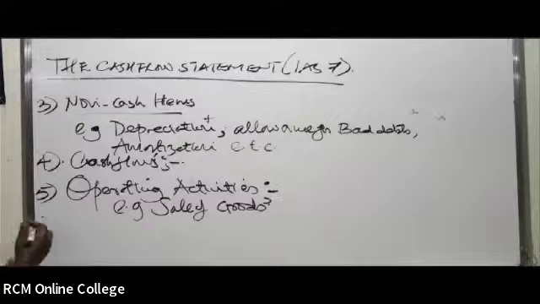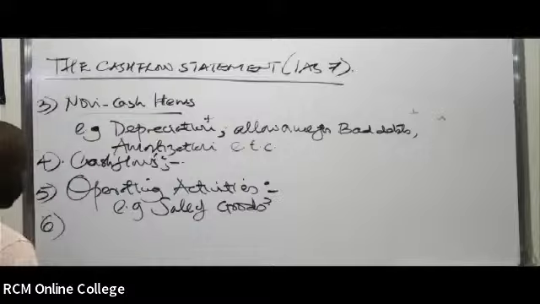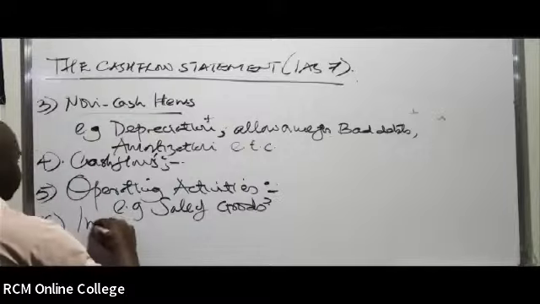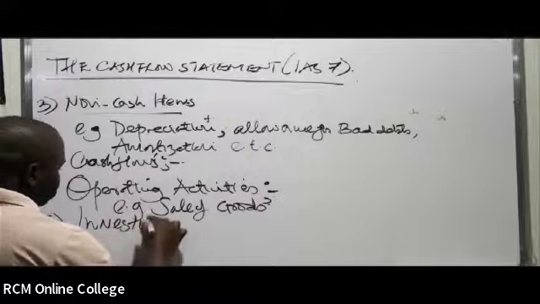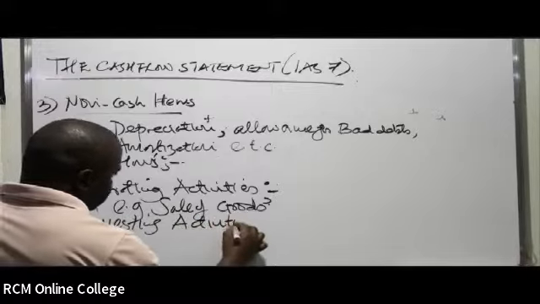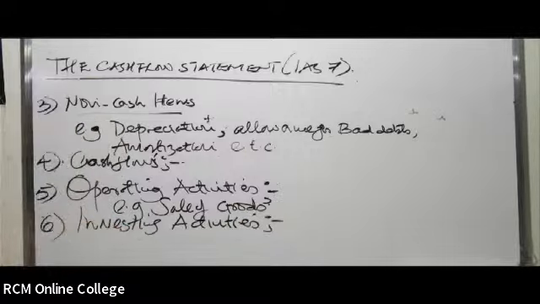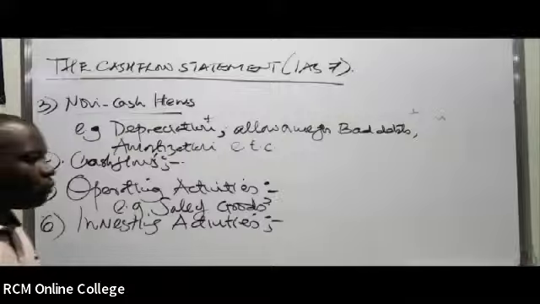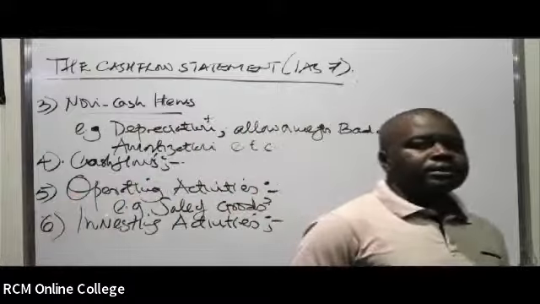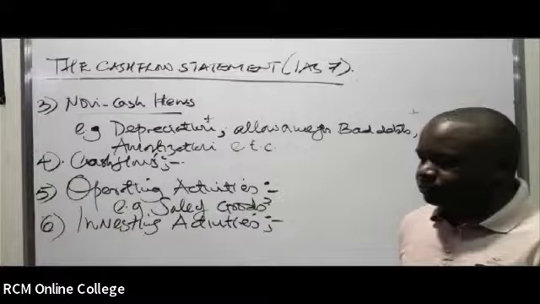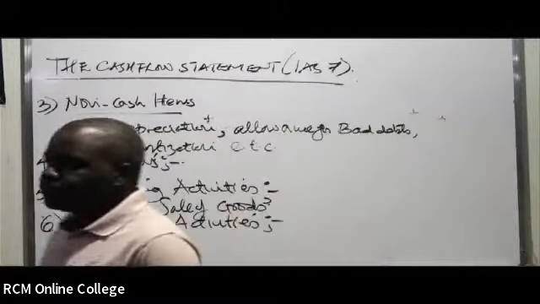Number 6, another term, is still a category under the cash flow statement: investing activities. So you write this about investing activities. These are activities that involve sale of fixed assets,